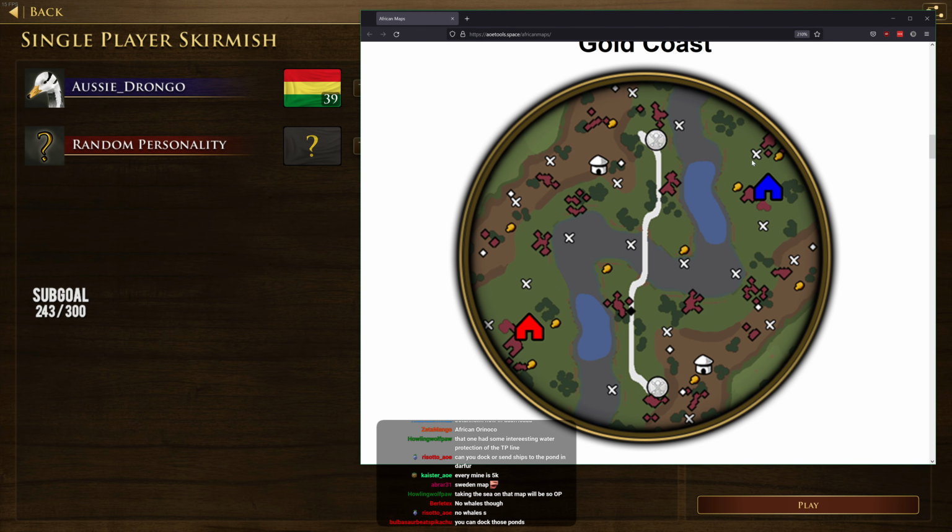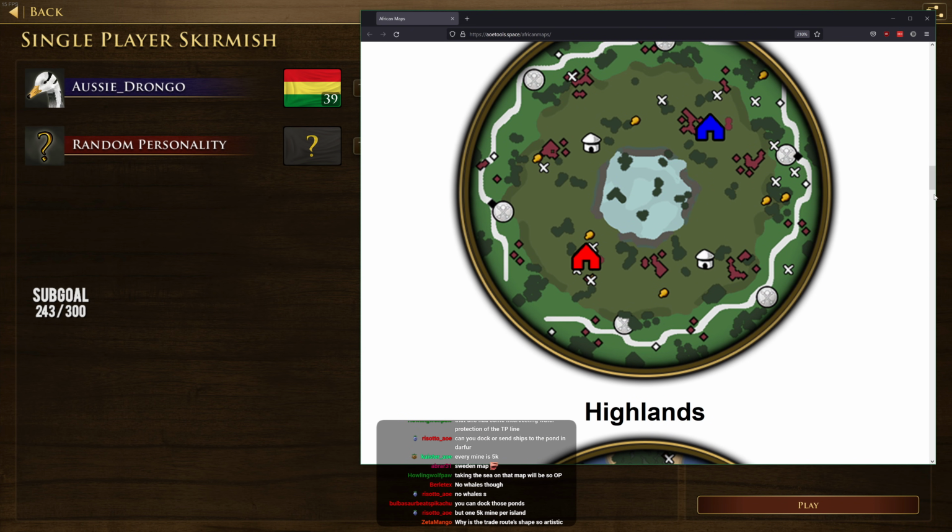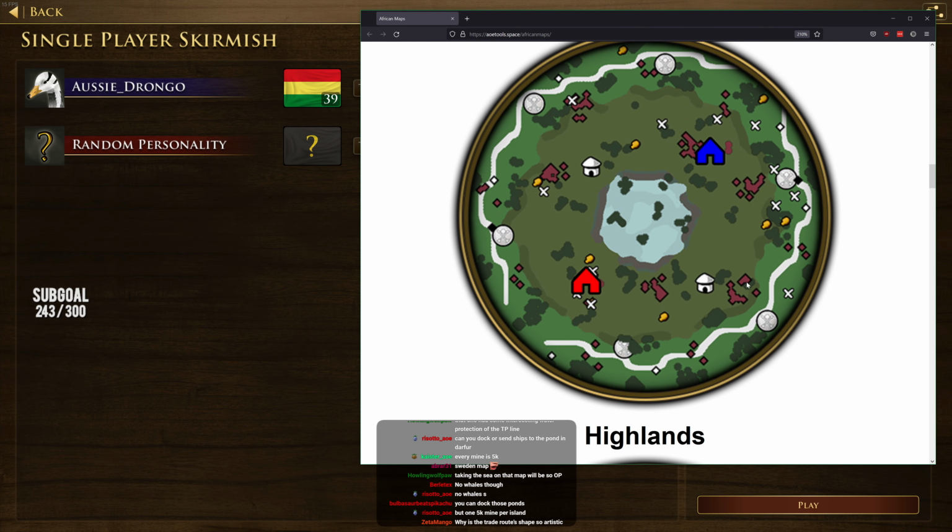So kind of a bit like Yukon, in that you're a little bit boxed in, I would say. So let's move on to the next map. I played this map many times. This is Highlands. One of the things to note about this map is you do spawn very close